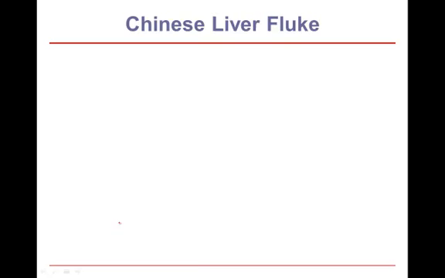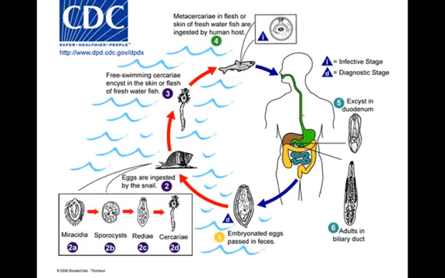And in getting here, I did go through this. This just shows the Centers for Disease Control life cycle of the Chinese liver fluke. And it shows, down here in this rectangle in the lower left, all the levels of asexual reproduction. You start, the miracidium hatches from the egg, and inside it there are sporocysts. Inside the sporocysts there are redia. Inside the redia there are cercaria. So you can get a lot of these from one egg. In any case,